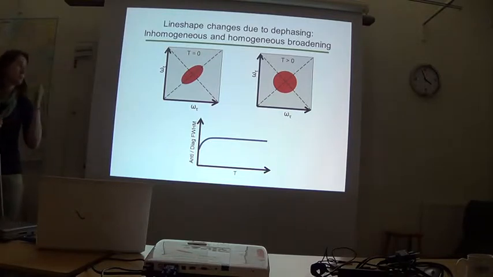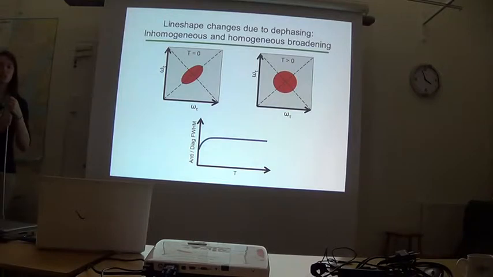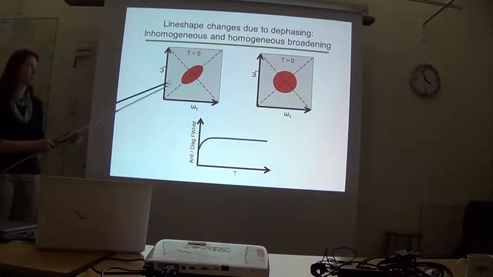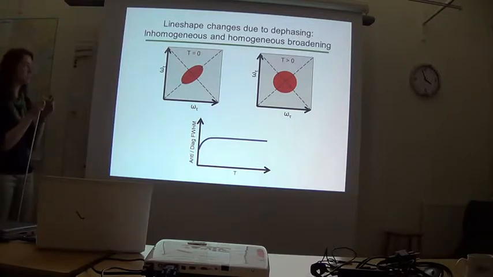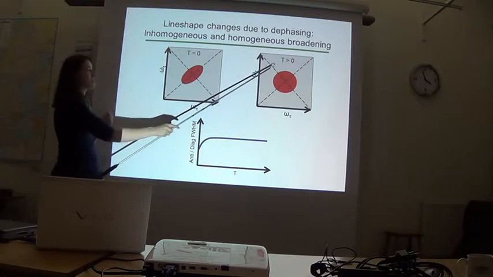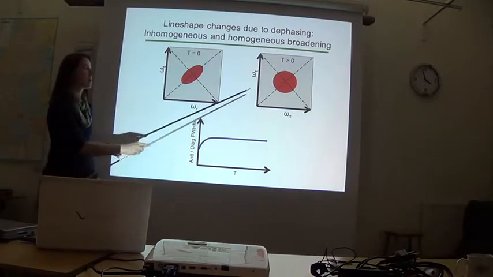And so the population transfer isn't the only thing that affects our 2D spectra. We also have changes due to spectral diffusion. So in the case of very short t equals 0 population times, we would expect it to be elongated along the diagonal because of inhomogeneous broadening. The fact that each molecule is in a slightly different environment allows it to absorb and fluoresce at slightly different energies. But then as we increase our population time and go into the homogeneous broadening, we expect it